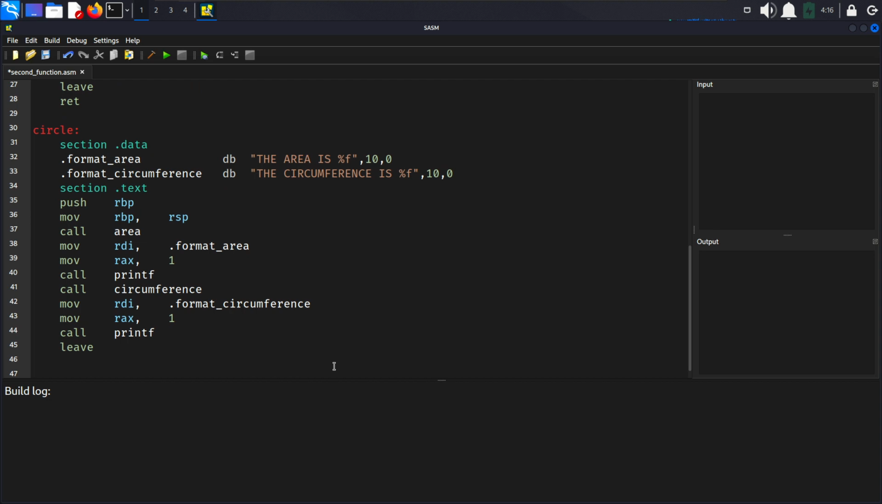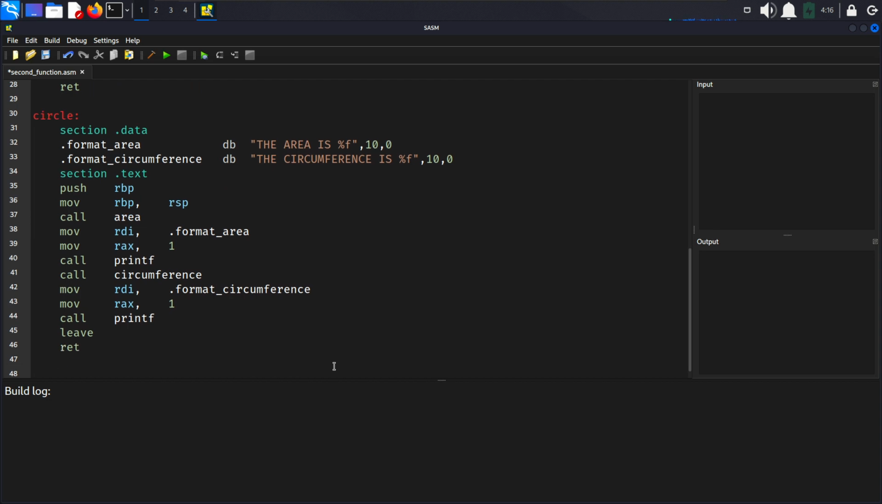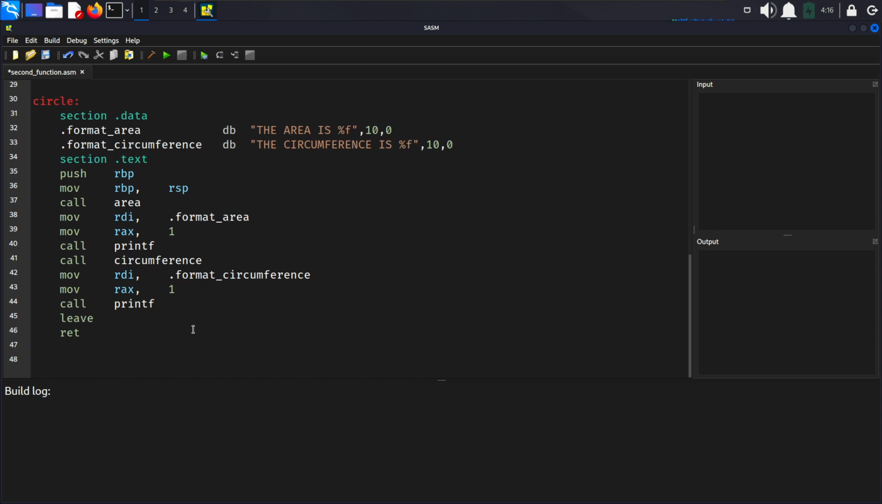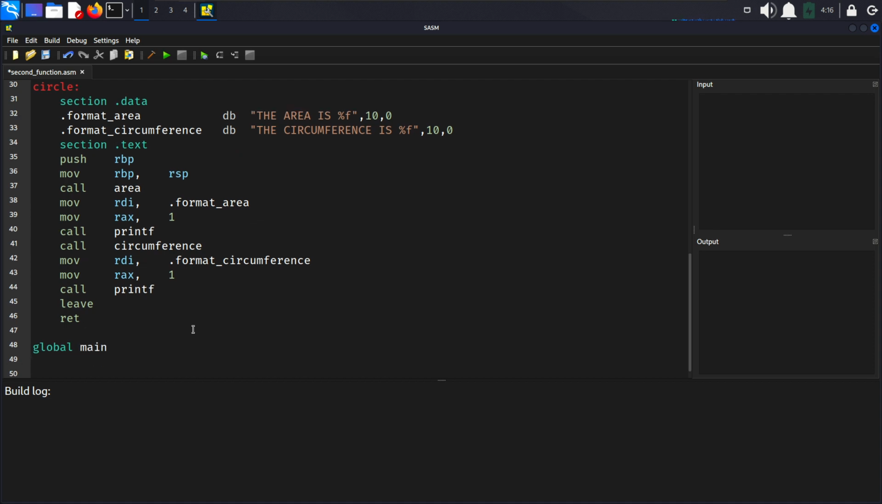With this we are restoring the stack frame, ret, return from the circle function, and now we just have to declare the entry point of the program, and we are done with this code. Now global main. Here, with this we are declaring the entry point of the program as main, and main here, and the push main, yeah, global main,